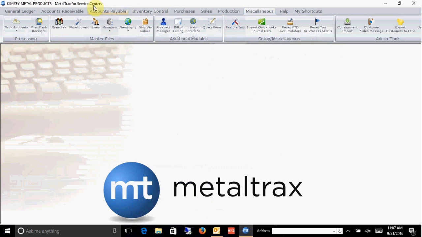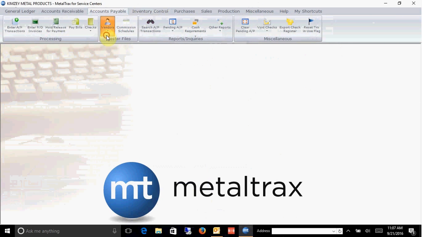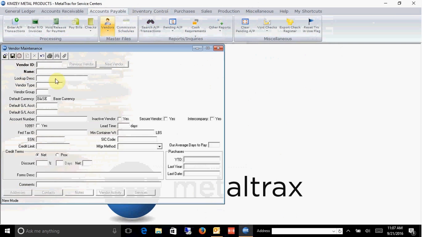Now how that works is if I come back in accounts payable and I'm in my vendor screen and I'm doing a new and I hit enter there, I can still type in a vendor ID if I wanted a new one, but if I hit enter, it will give me that number. Now in this case, let's say our vendor here is Hodson Water Jet Services. I come down, the vendor type, vendor group, I'm going to bypass all of that as I mentioned before. But I'm going to come down here,